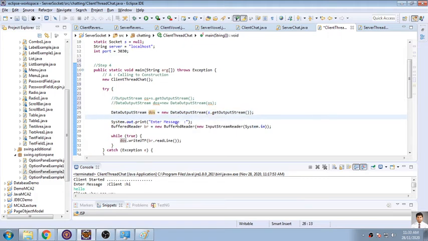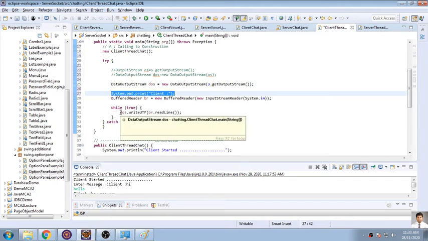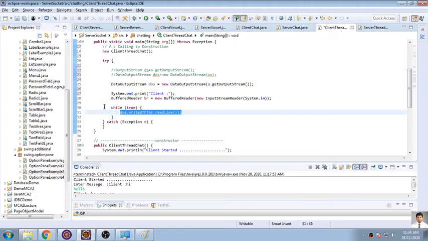So I have accepted it. Enter message. I speak here as the client. So the client will be accepting something, and with the help of a BufferedReader I am creating an object. So this will be displayed, and because it is an output stream, it will be sent directly. I am writing this inside the while loop, because a continuous process will be going on. So once this object is created, I will only send this to the server. So with continuous execution, writeUTF will be accepting something continuously and writing directly to the DataOutputStream.